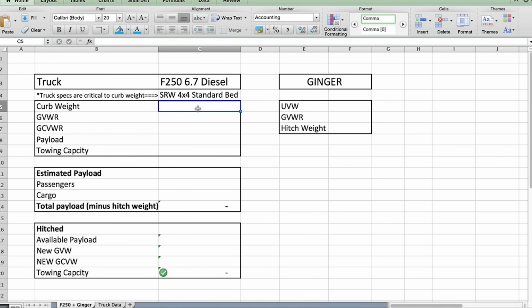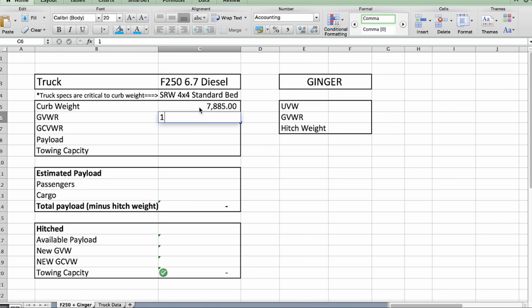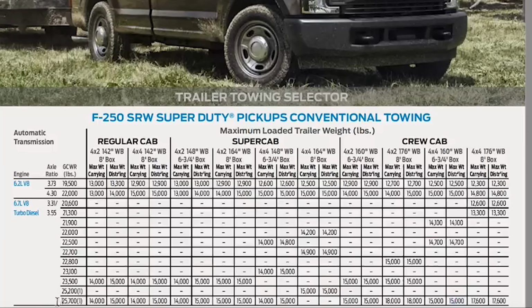The curb weight of this truck is 7,885 pounds. Now I know this because I specifically went to a cat scale and weighed this truck empty, and I verified that to the number that's on the door panel, which lined up. Okay, the GVWR of this truck is 10,000 pounds. Now let's take a look at the GCVWR, and I got this number directly from the Ford Towing Guide, and that for this truck is